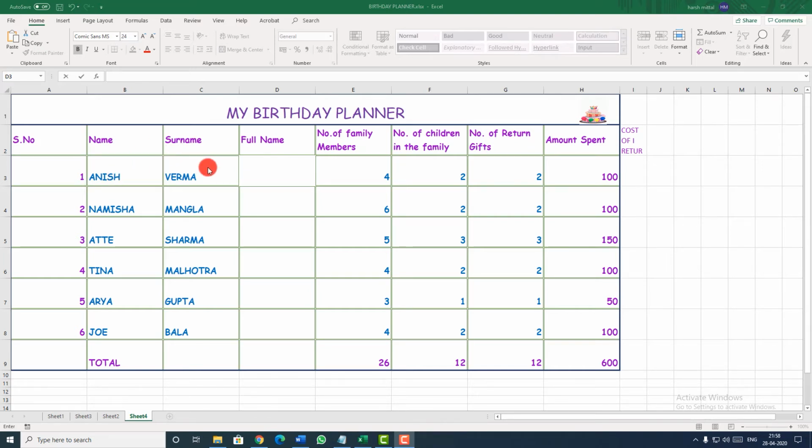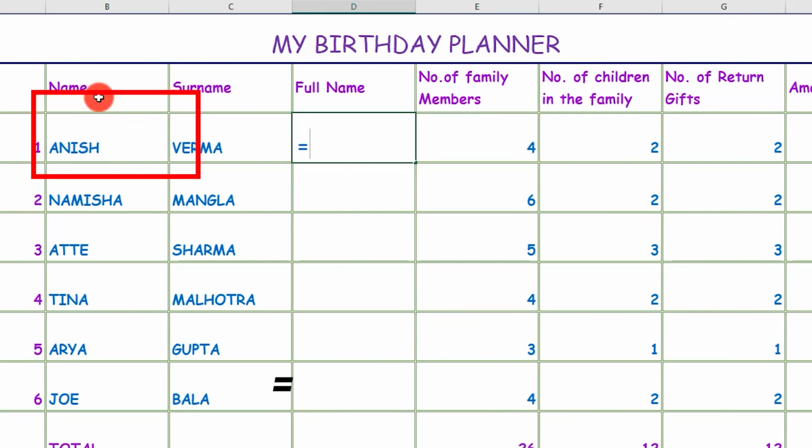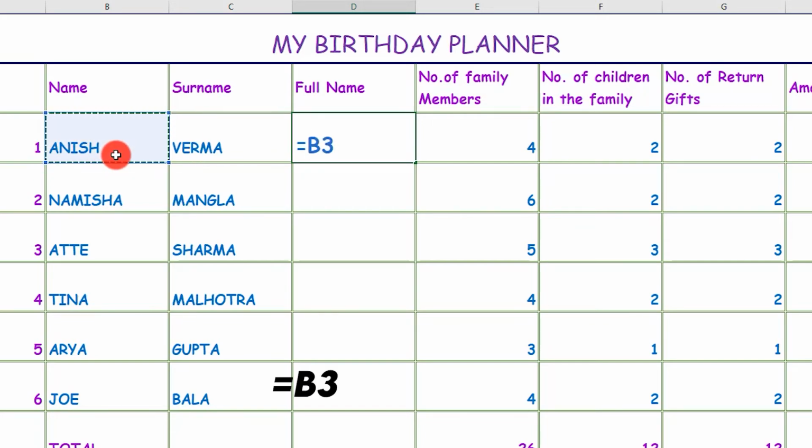Here we will again make use of the formulas. Now we'll go to cell D3. In cell D3, we know our formulas start with is equal to. I type here an equal to sign. Then I click on the B3 cell. B3 cell means the cell containing Anish. I need to join the two names. These are not numbers. Both columns contain text.